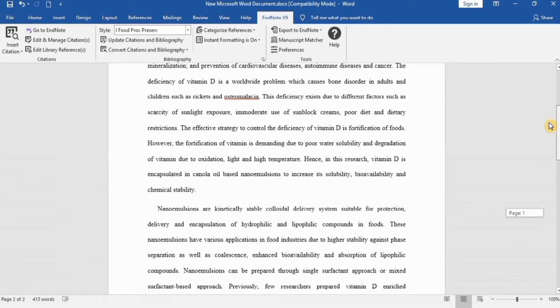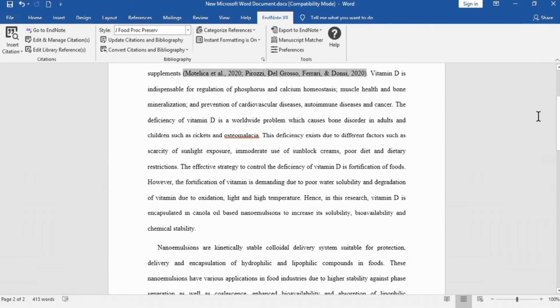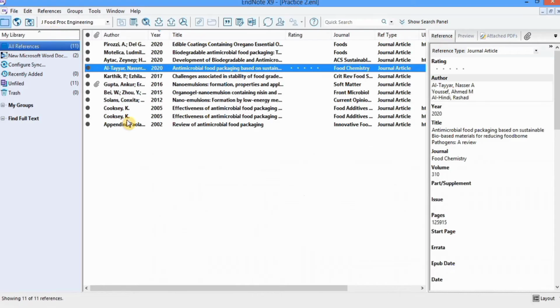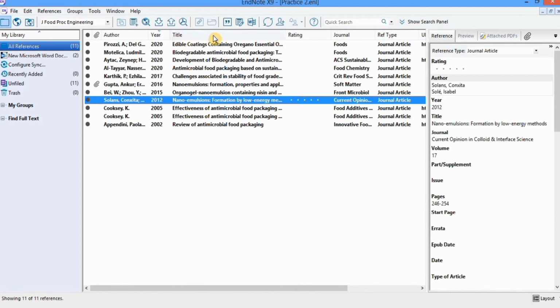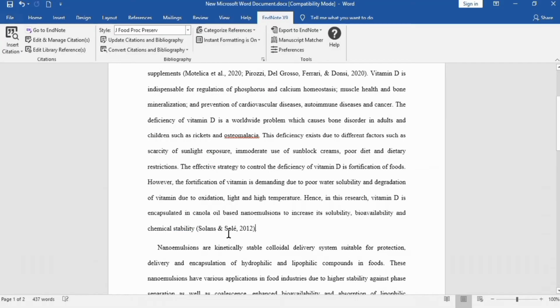Now I will tell you the other method. For example, if I want to insert here reference, go to EndNote. This is the second method. Select reference which you want to insert, and here you can go to insert citation, and your reference will be inserted in Microsoft Word.